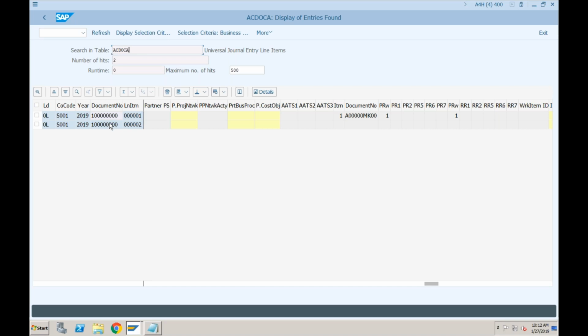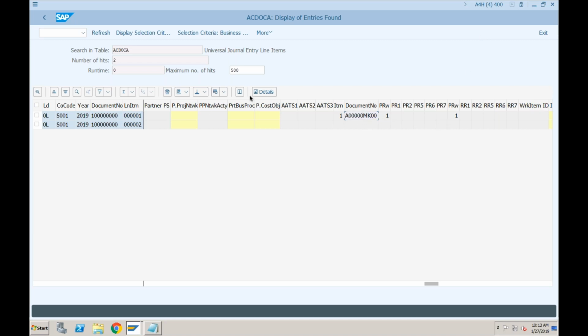Gaurav, how are these both linked? Is there any configuration? Both document numbers, the universal and the statistical document number. Well, there is no question of linking. As I told you, this is just for reference. This is not the actual document number, how it was getting generated in ECC. The main document number is only one. That is the reason it is called a universal journal document. We are not going to do any reporting on this number. This is just a dummy number.